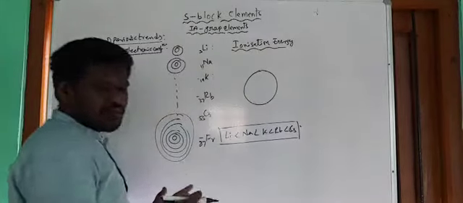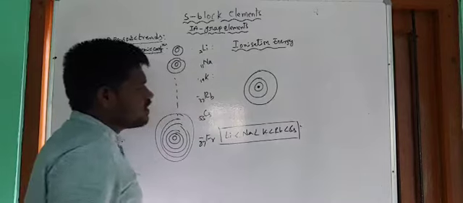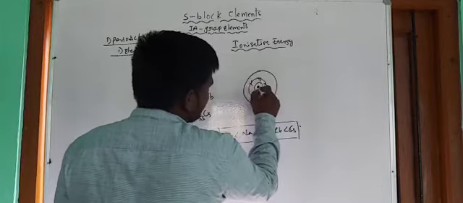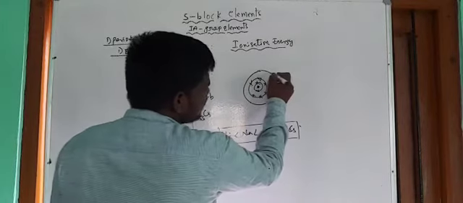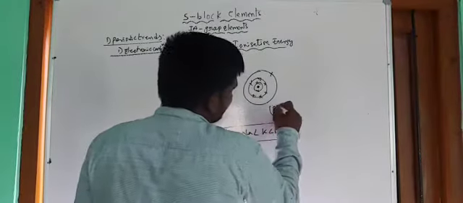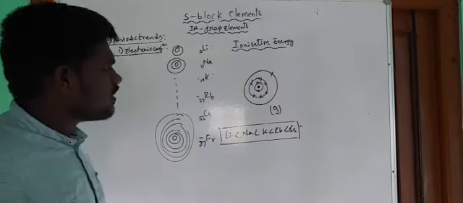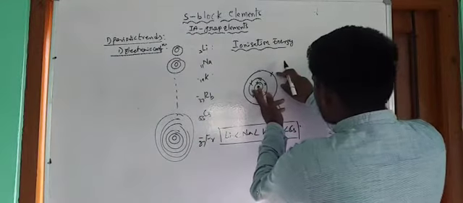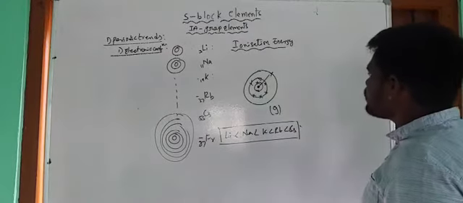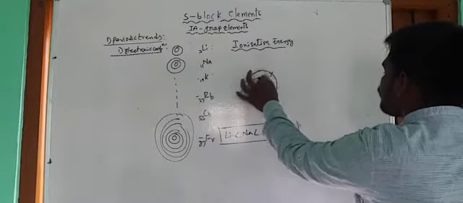This is an atom, and in it, for example, 3 shells are present, and this is the nucleus. Inside the inner shells electrons are present, and in the outer shell only one electron is present. This atom is in the gaseous state. Let us see the situation of the electron in the outermost shell. This electron is either weakly or strongly attracted by the nucleus. There is some attractive force on this electron, and the nucleus attracts it towards itself.